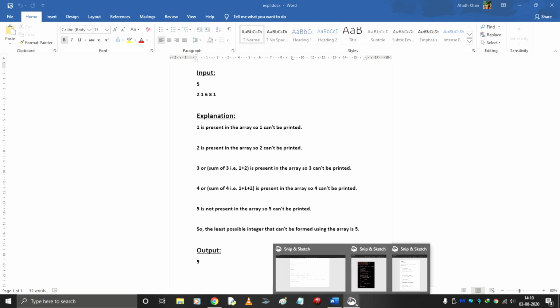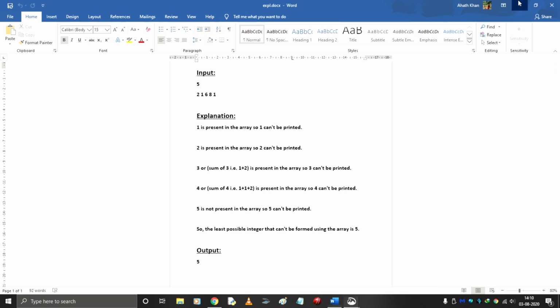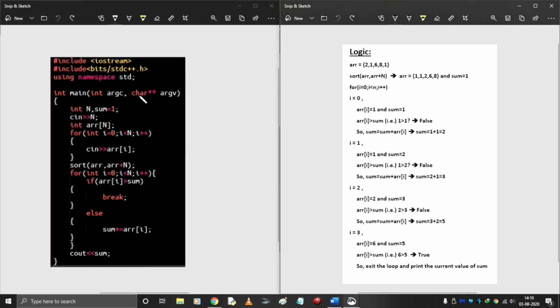The question's logic you are going to get, but for the program and the programming logic you should see this part. We have solved this using the C++ programming language, and in this part we are going to explain how the coding works. We have declared n number of integers. Sum is equal to 1. I will explain what role sum has in the logic part.